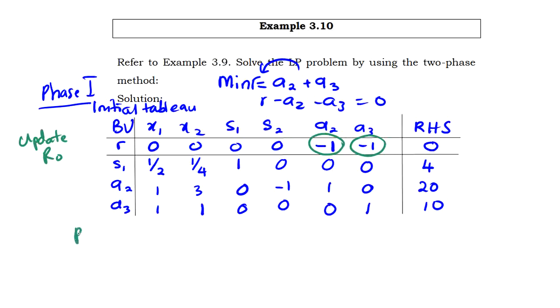So the formula is row 0 new equals to row 0 plus row 2 and row 3, and the coefficients here are -1, -1. Therefore, here +1, +1. So in the next tableau, the updated initial tableau,